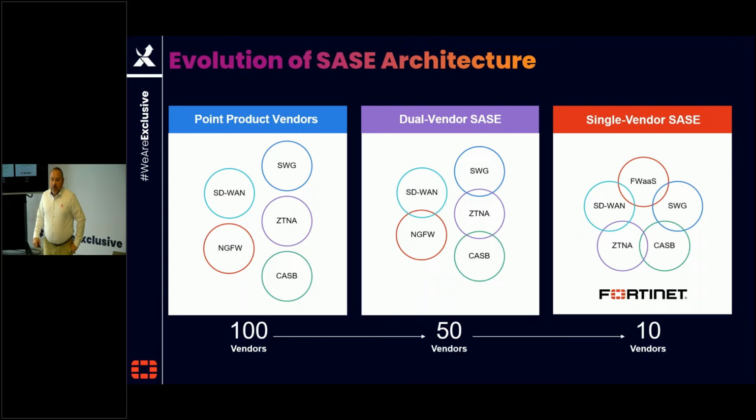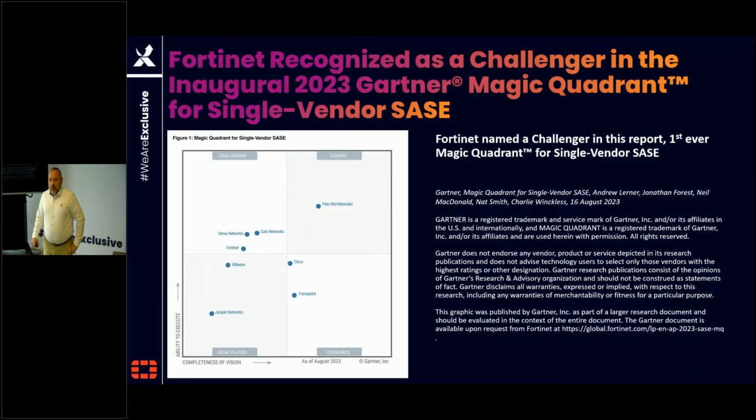Now, in half of August of this year, Gartner came out with a new magic quadrant for single vendor SASE, and there you see that Fortinet is a challenger. One of the benefits of Fortinet was the value that they give, the cost effectiveness that they give from their solution. One of the points they need to elaborate is, for example, the points of presence, which are